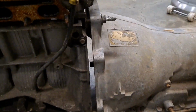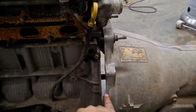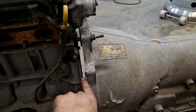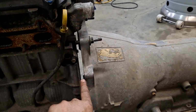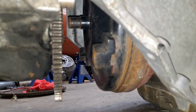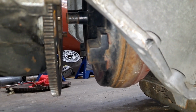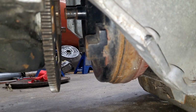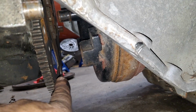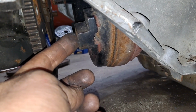As far as the automatic goes, though, obviously if I close this gap up, that pilot ends up in the back of the crank, but only just ever so slightly, which gives me a big distance between the flywheel and the torque converter. The nice thing about that, though, is that it allows me to make an adapter ring. And the reason an adapter ring is going to make it real easy to do this is because I can make an adapter ring that